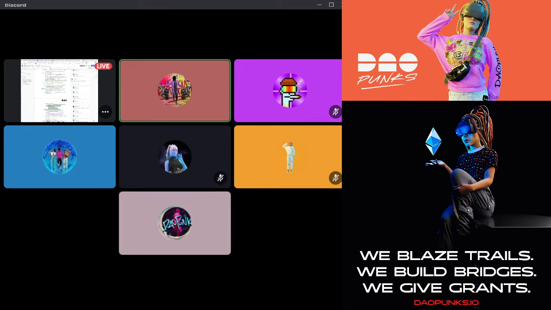Okay, so the next thing is how do you get a proposal from a document into a Snapshot? This was my idea. A proposal can be submitted for a vote if it is endorsed by at least one member of the core team or at least two core contributors, not inclusive of the persons who drafted or authored the proposal. So this helps solve two things. One, the person who writes it can't automatically just push it to Snapshot. That should solve that.